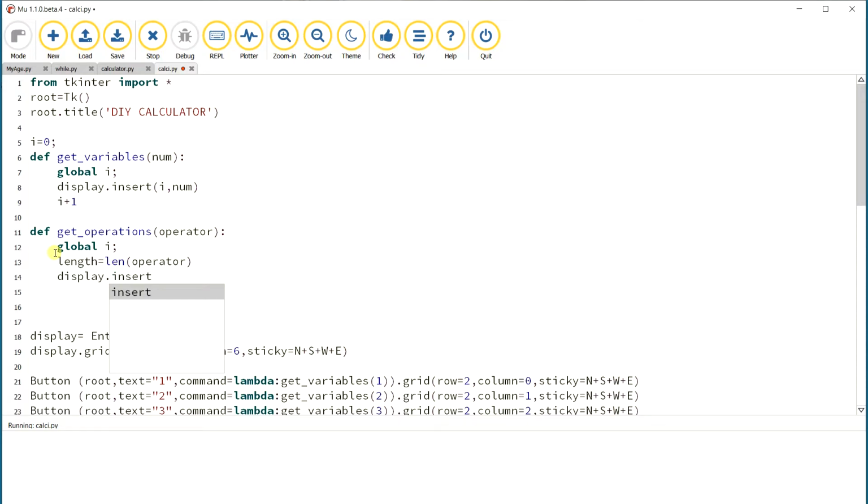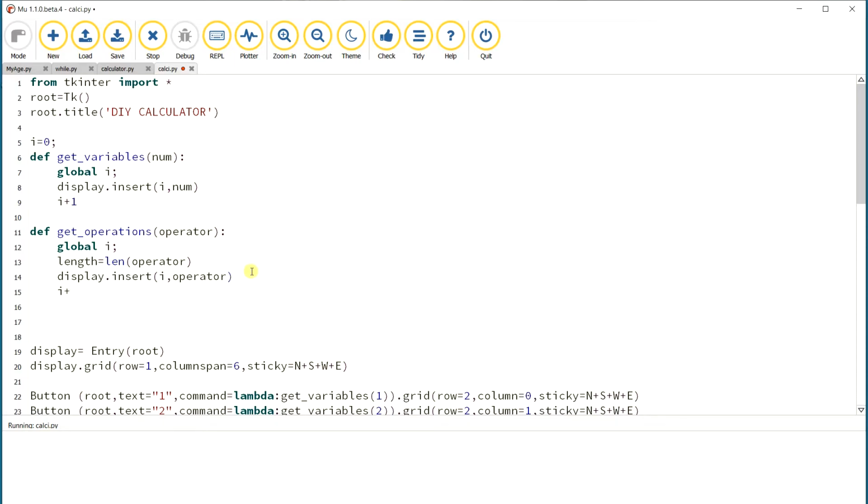So insert of I comma, and one more thing, we are going to increase this I value because all the variables and operators are stored in all the inputs. It may be a variable or operator or open brace or closing brace. Everything will be stored here in the I. So for that we are using this I, and this len is separately for operators alone, so that we can finish one by one all the operations and join all the operations to give the exact output. And then again, as usual, we are going to add the I plus 1.